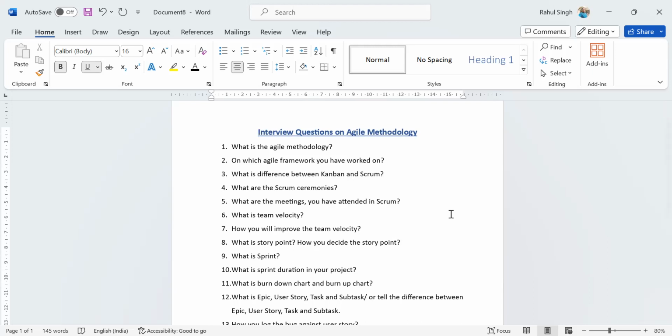Now, the first one is, what is the agile methodology? Agile methodology, I also explained very clearly in detail in my agile scrum video, but again I am answering here. The agile methodology is basically to deliver the application, the working software, to the client as per their requirement,